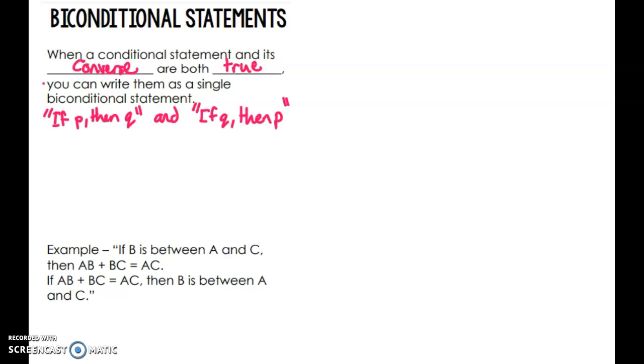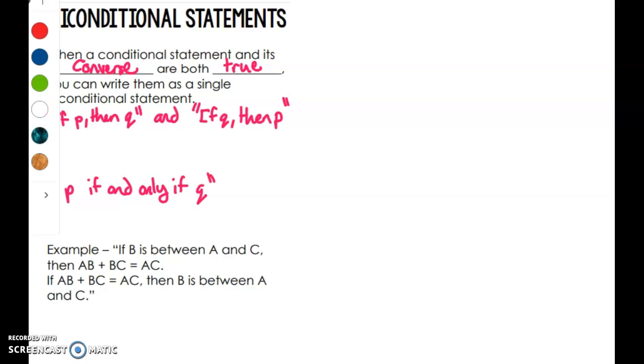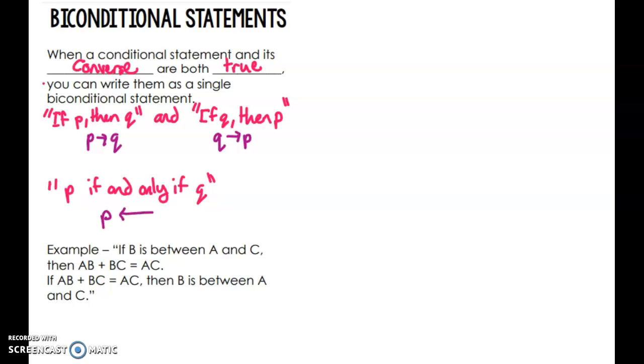So if those are both true, then it can be written as P if and only if Q. Now let me show you that with some symbols. So the if-then is shown as P arrow Q. That shows if P then Q. And the converse is Q arrow P. That means if Q then P. So what the symbols look like for a biconditional is P, then there's a double arrow Q, meaning it can